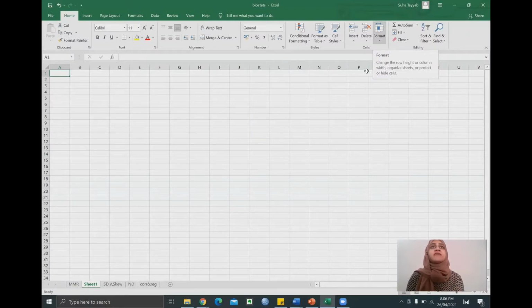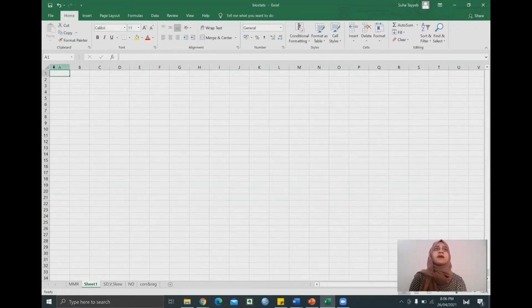Here is our Excel sheet. Microsoft Excel, a quick intro into it, is spreadsheet software wherein we can organize our data in rows and columns. Our columns are labeled by alphabets over here on top, as you can see, and our rows are labeled by number. And each box over here represents a cell, and each cell has a cell label, name, or reference.